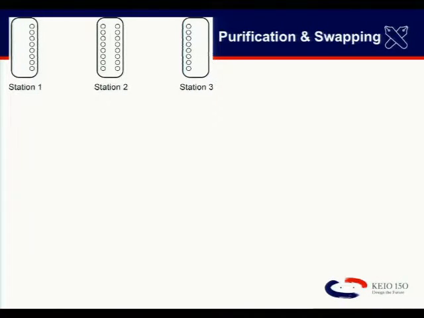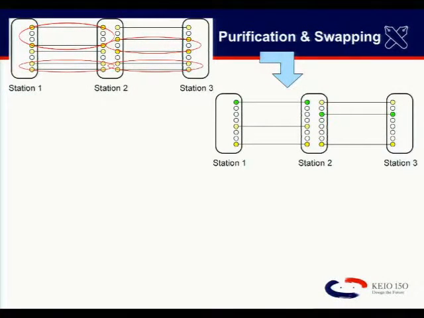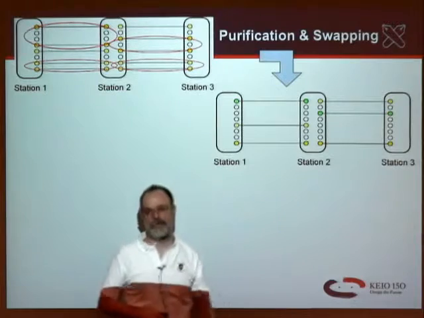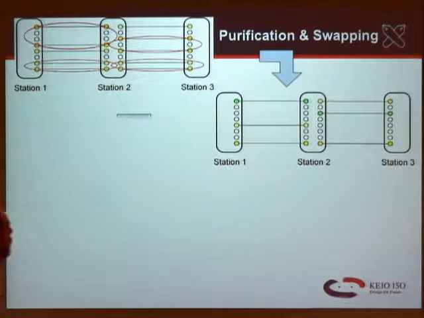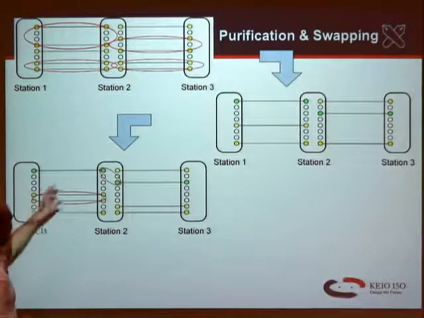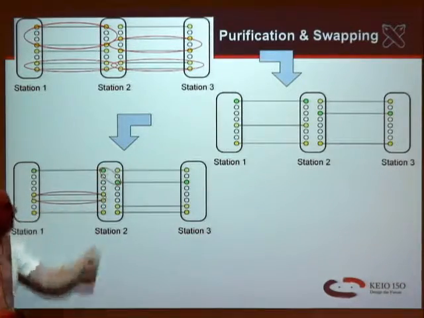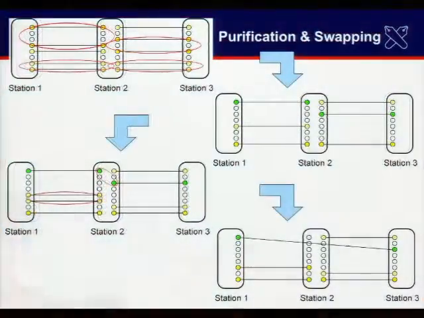Now, same sort of thing going on up there. We get a few entangled pairs. In this case, the color, we went from yellow, which is sort of an intermediate fidelity pair, to green being a higher fidelity Bell pair. And now here in the middle, green is good enough, we said, for doing entanglement swapping. We'll do the entanglement swapping there, and you get the longer distance stuff there.